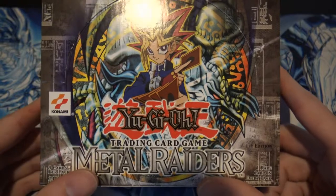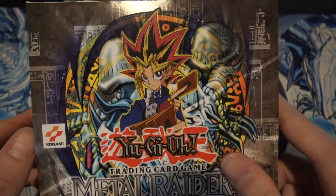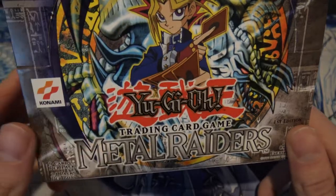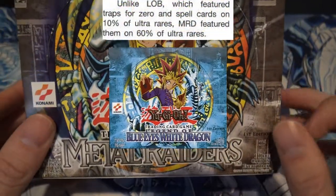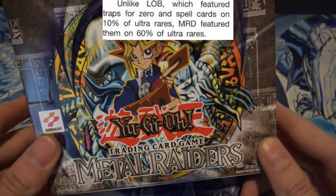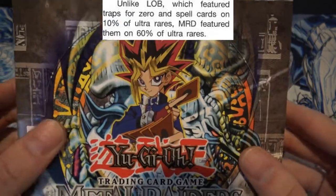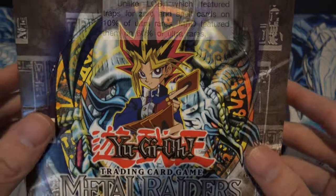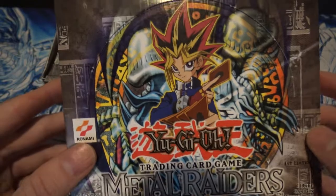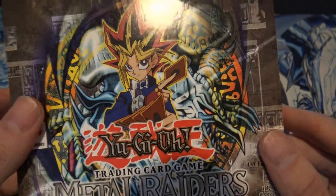And the last factoid that I have from the article that I thought was extremely interesting was, unlike its predecessor set, The Legend of Blue Eyes White Dragon, which featured traps at 0% and spell cards at 10% of ultra rares, Metal Raiders featured them on 60% of their ultra rares, making them a much more competitive deck than Legend of Blue Eyes, which had majority of their ultra rares be monster cards. And that's why I believe that the author Anthony Jezzi characterizes Metal Raiders as the set that made the game playable,